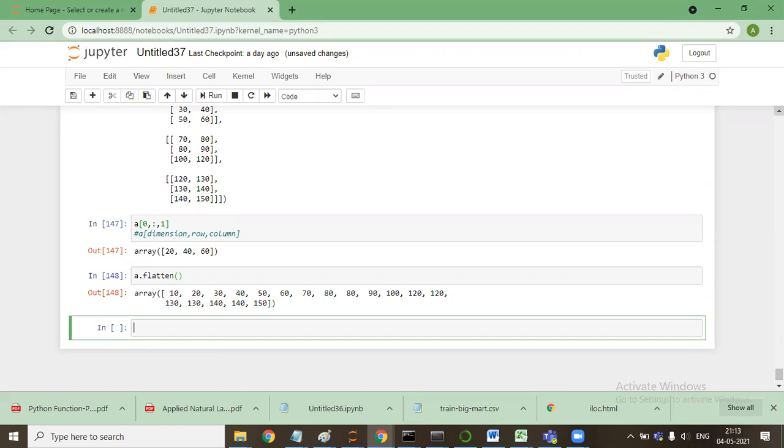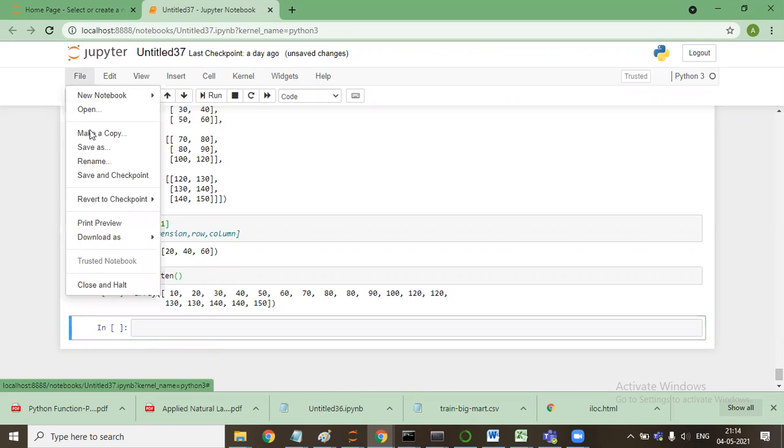Okay, guys, anybody any doubt on this NumPy array that we have seen? There are many functions with respect to this, but these are the basics of NumPy arrays. So let me save this so that you will have the access for this.